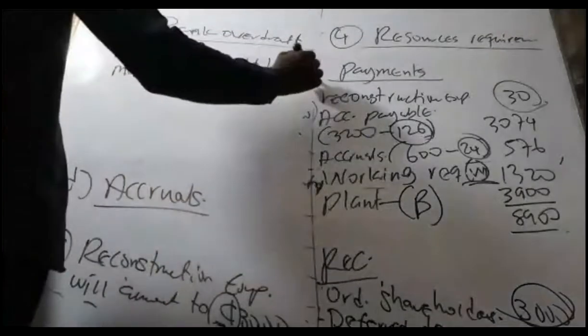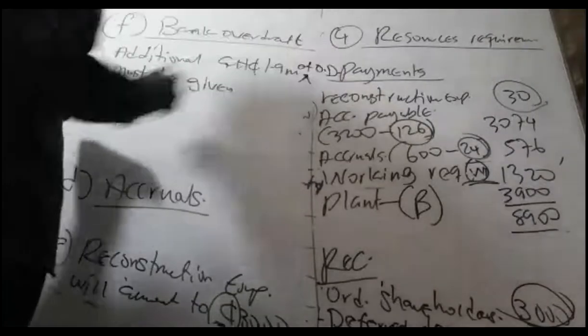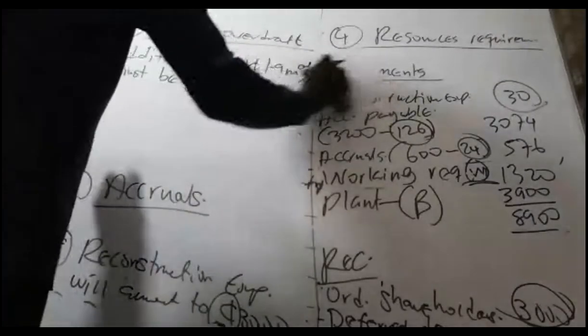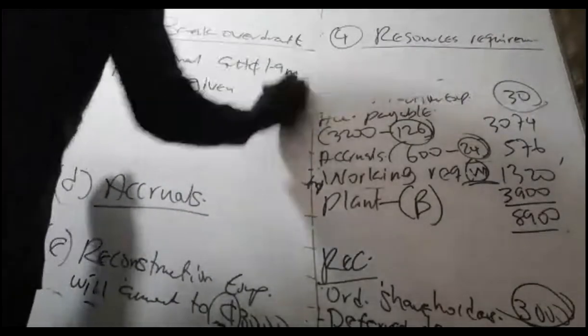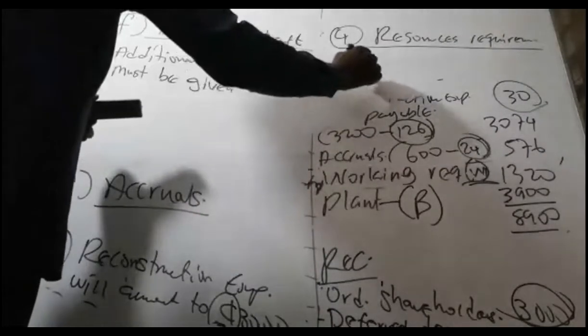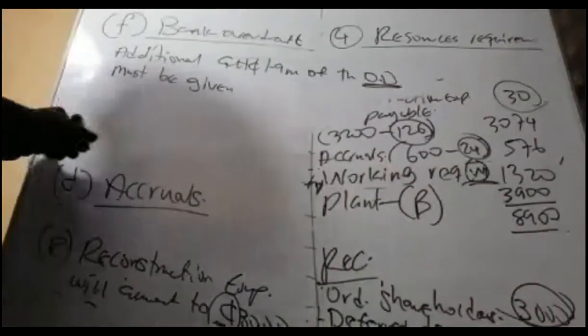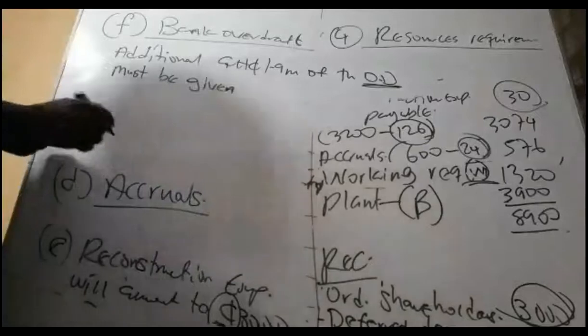Let's put of the bank overdraft here. Of the OD must be given to us. So let me write the full bank overdraft must be given